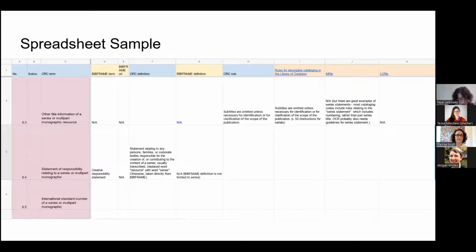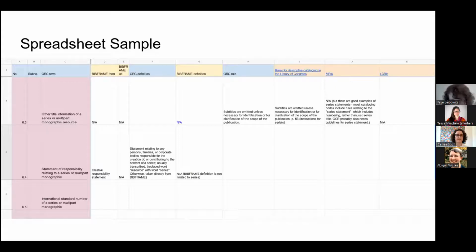Here's an example of a spreadsheet that we complete in order to do this analysis and comparison. We have a team of volunteer catalogers that compare various resources, which are listed at the top of the spreadsheet, to come up with definitions and rules.